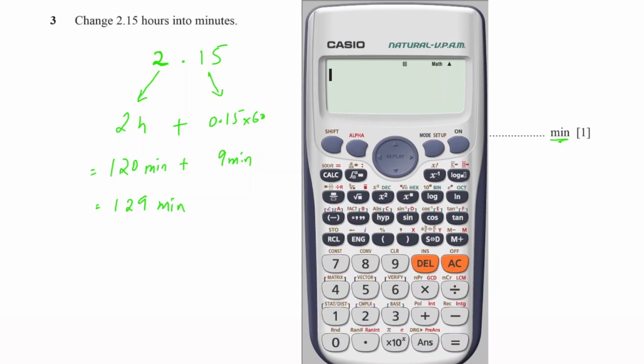Now what I'm going to do is write 2.15, because the question is 2.15 hours into minutes. So I'll write 2.15, and then I'll just press the equals button. So this is the displayed answer. Then after this, you have to press the button written dot, comma, comma, comma. Can you see it? Okay. So if you are pressing that,